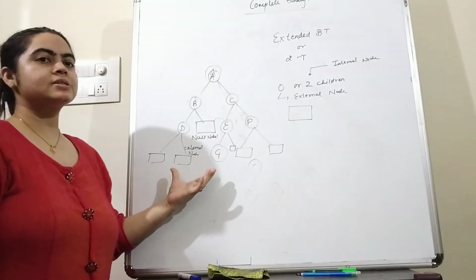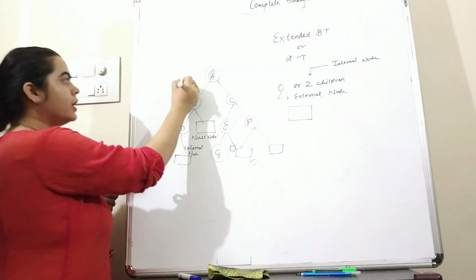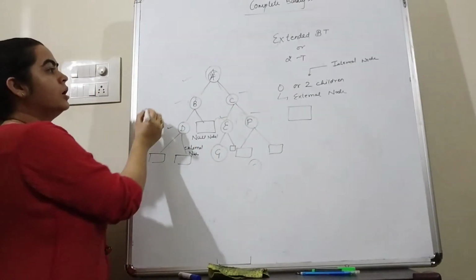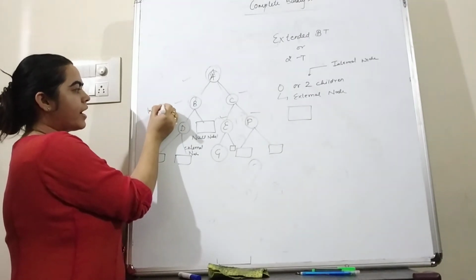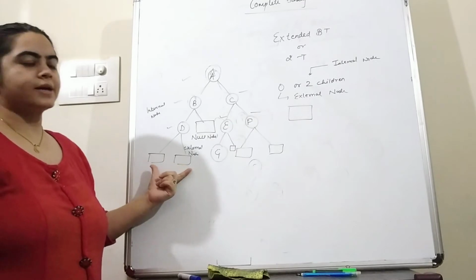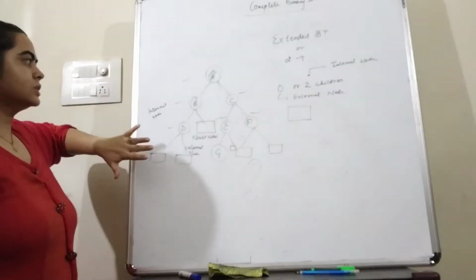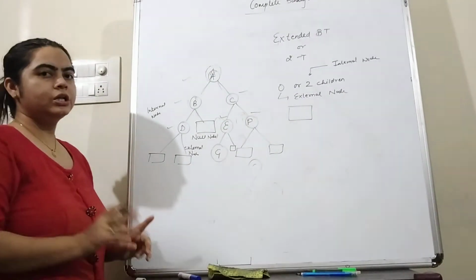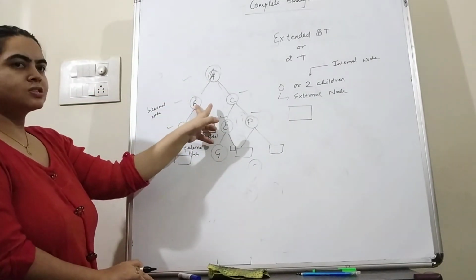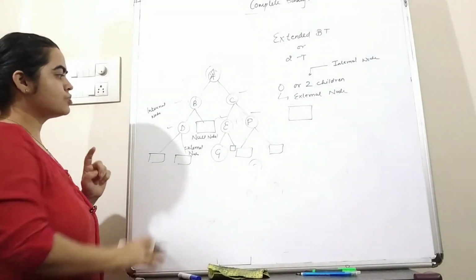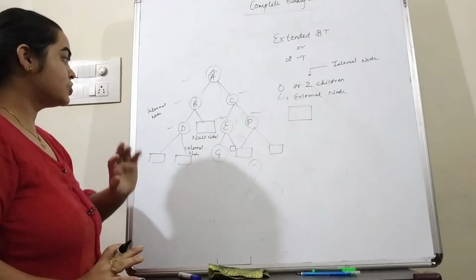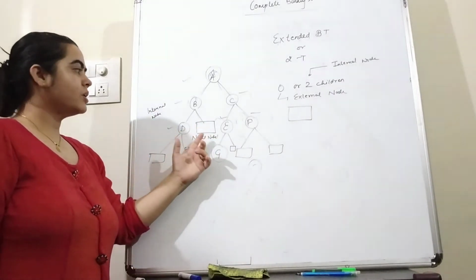So this is known as the extended binary tree, where A, B, C, D, E and F are the internal nodes, while the boxes representing the null nodes are also known as the external nodes. Now you can see in this example each node has either 0 children or 2 children. For A we have 2 children, B and C. For B we again have 2 children, one is D and the second one is the null node. These are also children, but they do not contain any value.